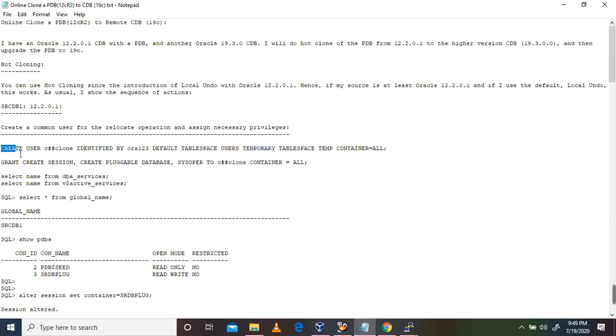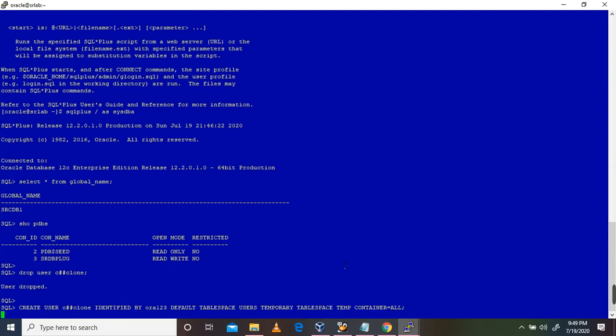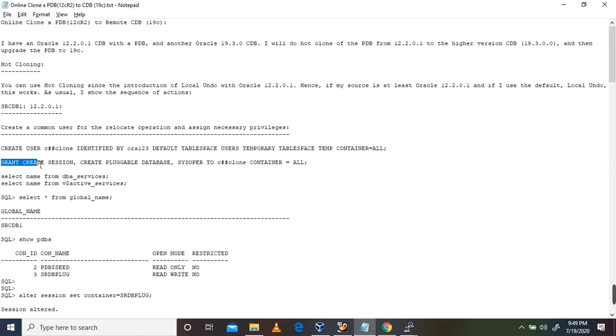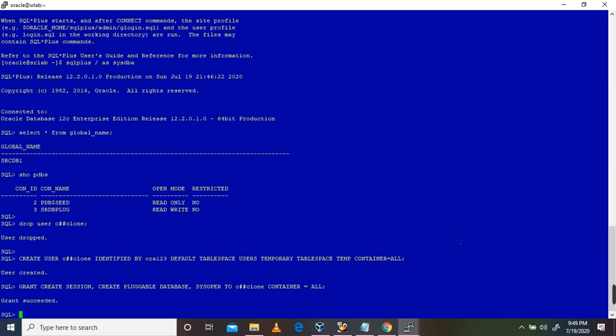I'm going to create that common user for cloning purposes. So I'm creating the user in the container. The user is created, and now grant this. We need to grant create session and create pluggable database to that clone user. So all of this we have to do on the source database, 12.2.0.1, the source side.